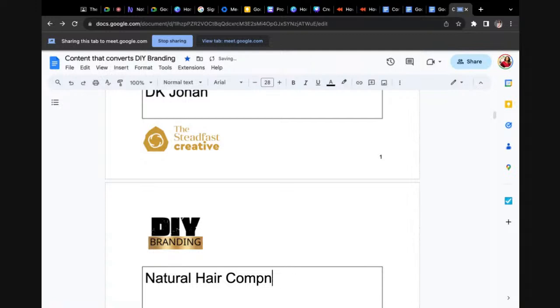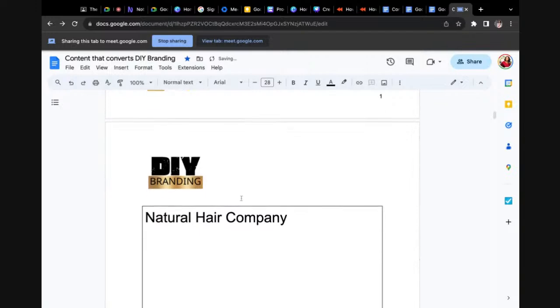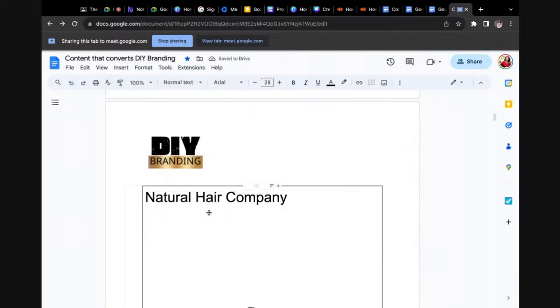Now, maybe there's an area of specialization for this hair company, which we now know is natural hair, Afrocentric hair, and we can break it down like that. Those become the pillars, but they may be specialized in something specific. We can use something like that and start. So, how do we start the pillars? It depends on what we want to achieve first. We have to understand the marketing goals.